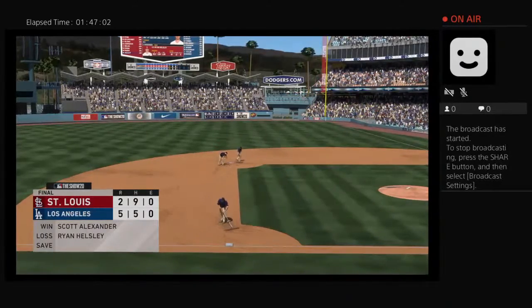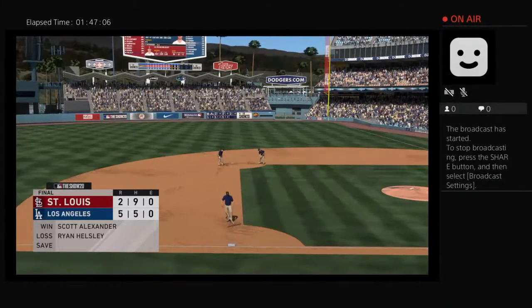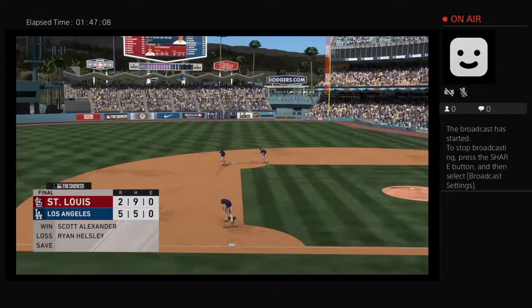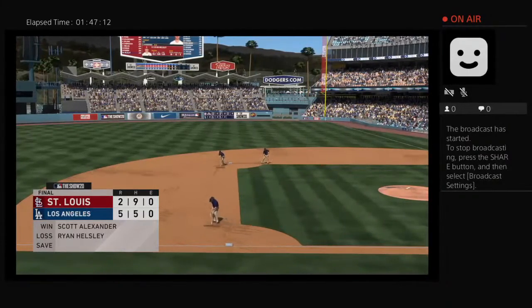Here now is our final line score this afternoon. For the victorious Dodgers, 5 runs on 5 hits, no errors. They left 5 men on base. For St. Louis,